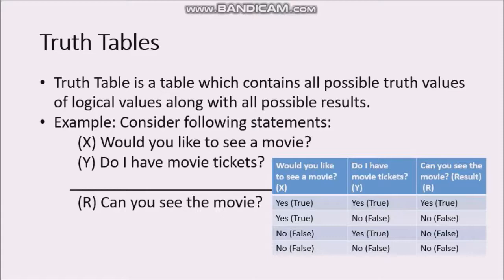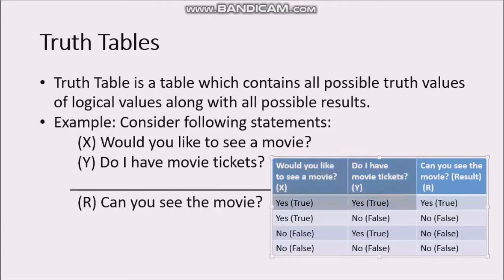So if I want to see the movie and I have tickets, then only I can see the movie. If I want to see the movie but I don't have tickets, I cannot see the movie. If I don't want to see it, then whether I have tickets or not, I cannot see the movie. So this becomes the truth table for these two statements.